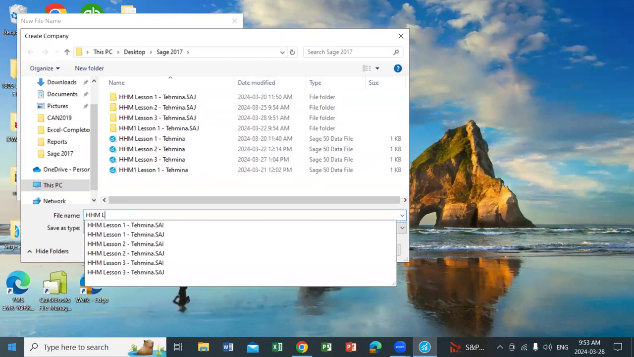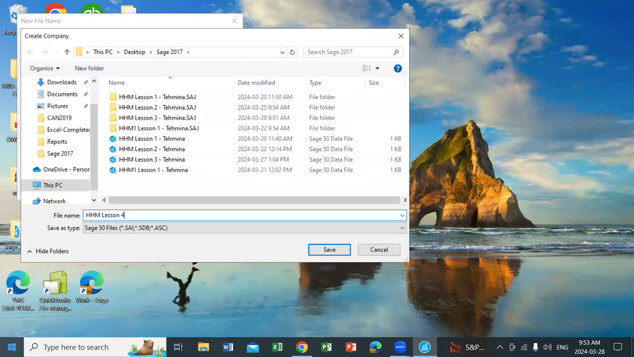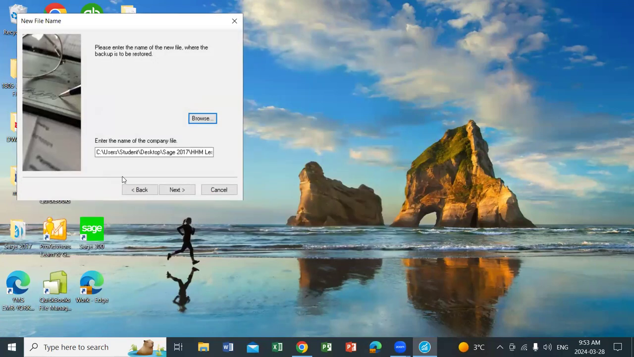AHM lesson 4 dash your name. Okay, that is the file name. Now we can click save to save the file. When we will go to the next step,